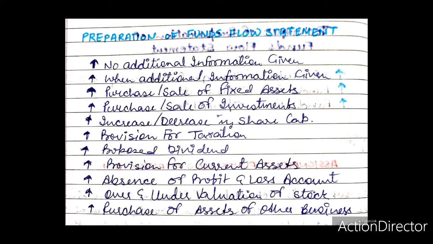Purchase of assets of other business. When a firm purchases a running business or another firm, it acquires current assets as well as fixed assets for a consideration to be discharged in shares. In such a case, while preparing a funds flow statement, the difference between the net assets acquired and purchase consideration is treated as goodwill or capital reserve as the case may be. Moreover, out of the shares issued, the amount only equal to current assets acquired is treated as source of funds from shares issued.